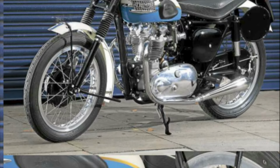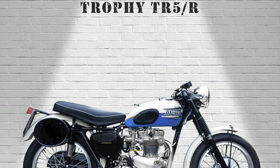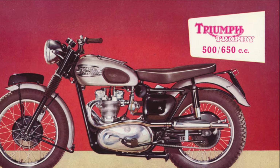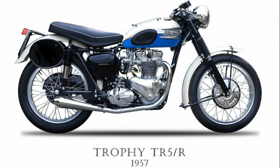The TR5R was fitted with an alloy front mud guard rather than the deeper valenced steel guard on the production bike. The TR5R has the Delta head but fed by twin TT carbs with a central float bowl, and also sports the K2FR racing magneto. The front wheel sports the standard air-scooped 8-inch diameter single leading front brake. Produced in only 21 bikes, 11 having the twin carb Delta head and 10 with the single carb cylinder head, this is the rarest of all Triumph motorcycles produced. In 1957, a TR5R could be purchased for